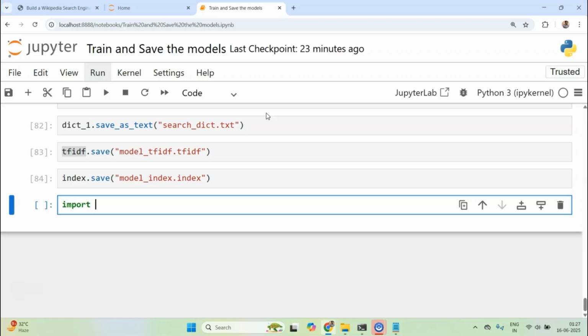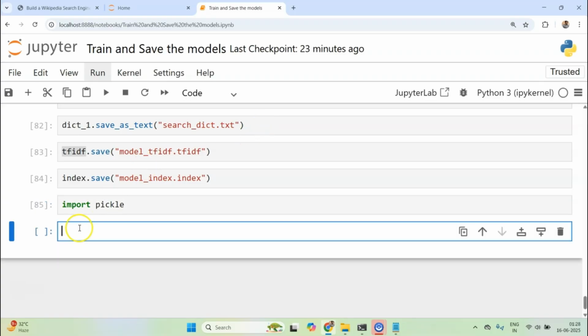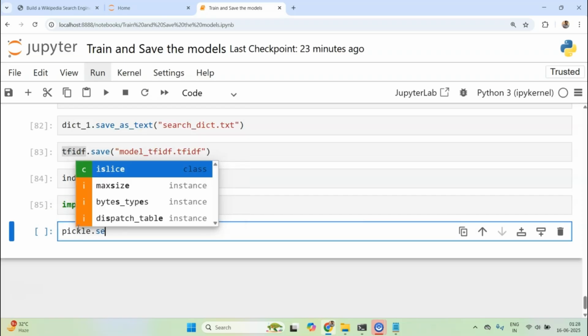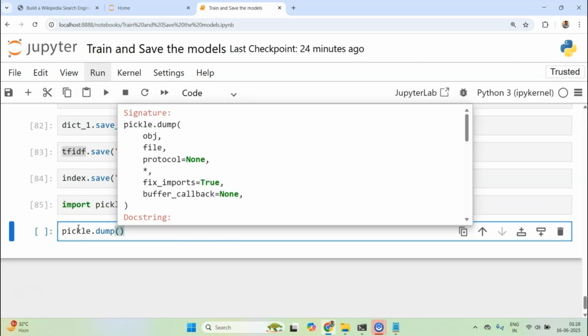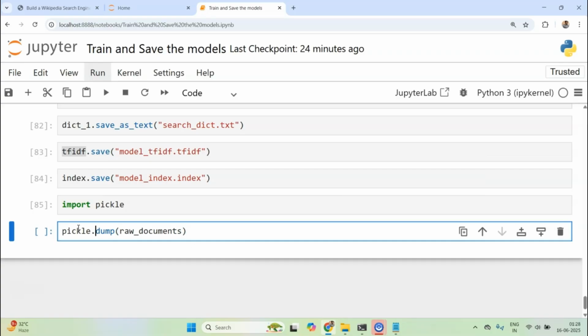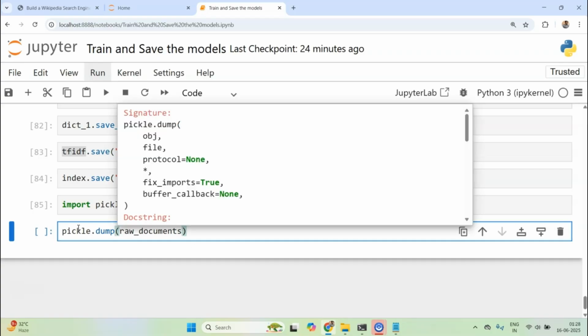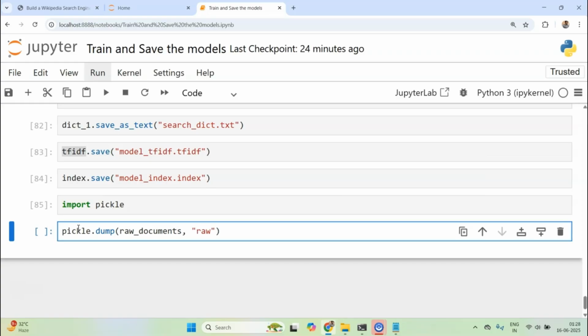I can use pickle, so I'll import pickle, and now I can do something like pickle dot, I guess, dump, and inside this dump I can save the raw documents, and I guess I need to enter the file name as well. So I'll just do raw documents dot pickle, raw document dot pkl.